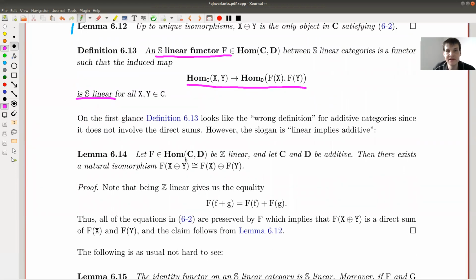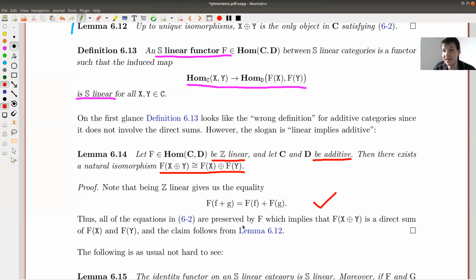A little bit funny is that you would think you would need to define an additive functor, but it turns out that a linear functor between additive categories is automatically additive in this sense. So additive would just mean F of x plus y is isomorphic to F of x plus F of y. But you have this extra structure. That's exactly what you would do with it. And yes, it works out. This is actually pretty nice. It's very easy. You just write it down. You can have a look at the proof. But it's a bit surprising, like linear is the right notion for additive categories as well.